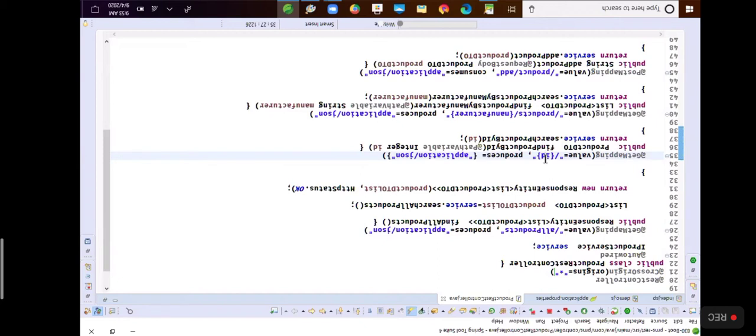Suppose in your application you have multiple REST controller classes. Each REST controller class will define some endpoints. Now you want to enable all the endpoints defined in all the REST controllers with CORS support. Then instead of writing this @CrossOrigin annotation at each REST controller class level, you can do it globally. Globally means in the Spring Boot application. Generally, that is the preferred way. So I would like to keep a comment here.